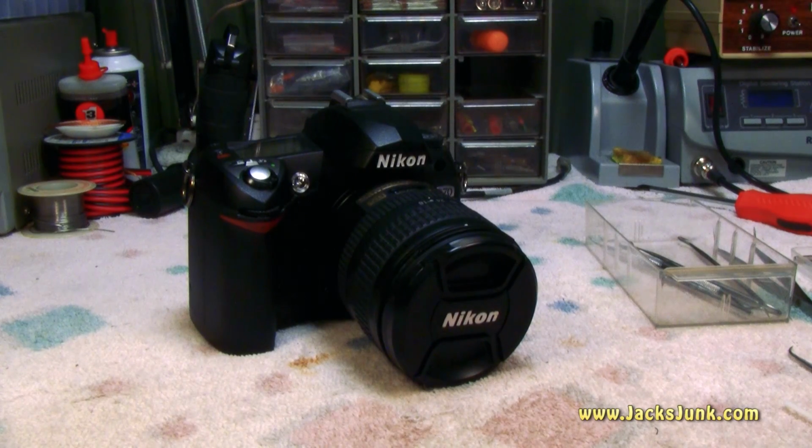Today on the workbench we have a Nikon D70 digital SLR camera. The issue with the camera is the flash. It does pop up and act like it's going to work, but it does not actually flash or pop. The way we could tell that it is a mechanical issue and not an electrical issue is